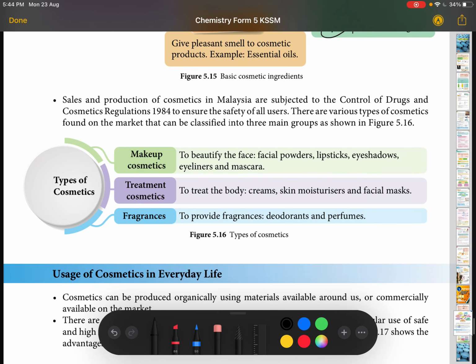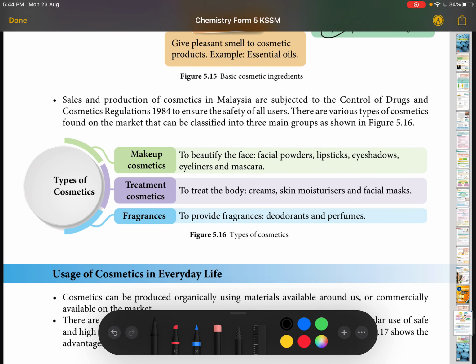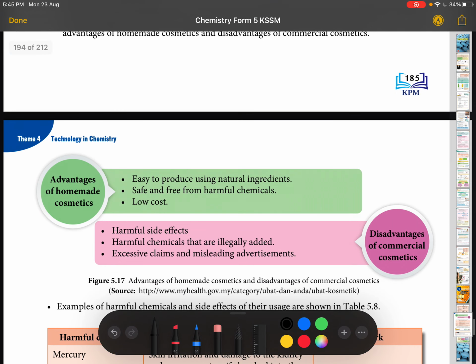Okay, next is, no, not next. There are three main types of cosmetics: makeup, treatment, and fragrances. Fragrances are to smell good. Treatment is to prevent swelling and to avoid having too many pimples. Makeup is to make your face prettier. I'm not a makeup guy, so